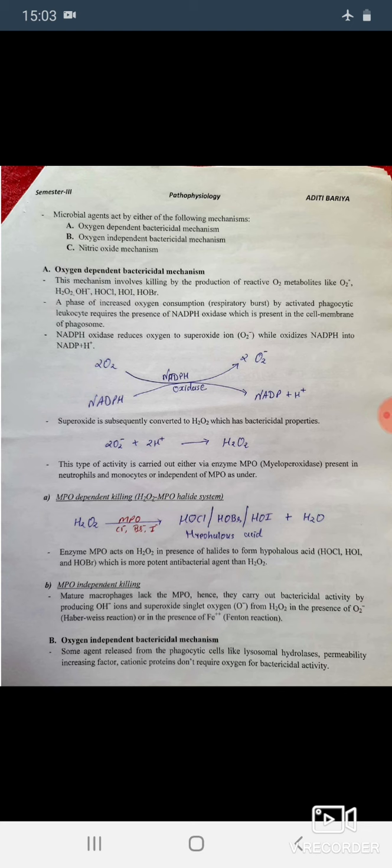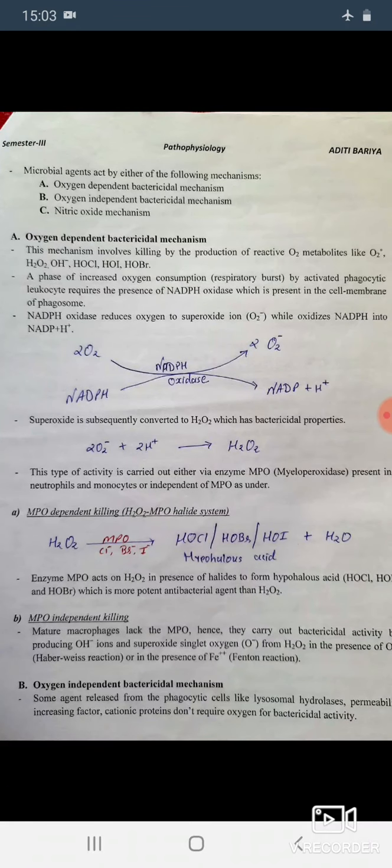The name itself suggests that in this mechanism oxygen is required because it is oxygen dependent. This mechanism involves killing by the production of reactive oxygen metabolites like superoxide radical, H2O2, hydroxyl radical, HOCl, HOI, HOBr,